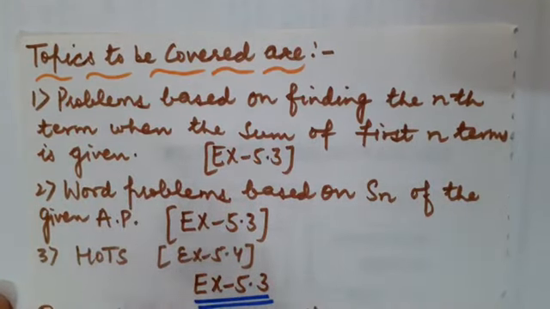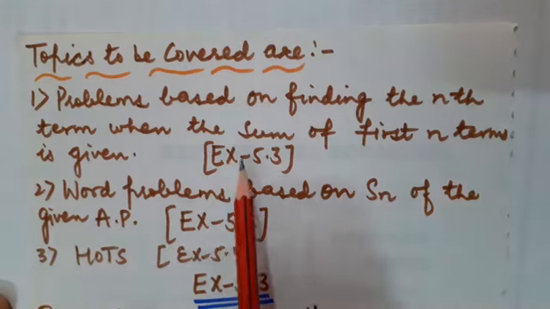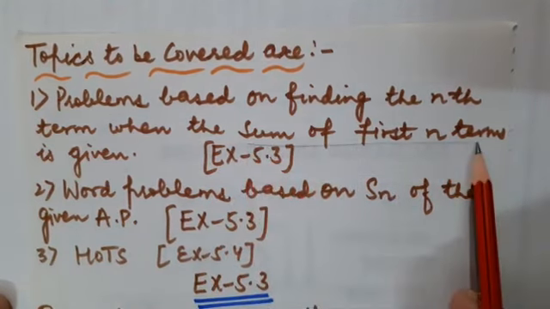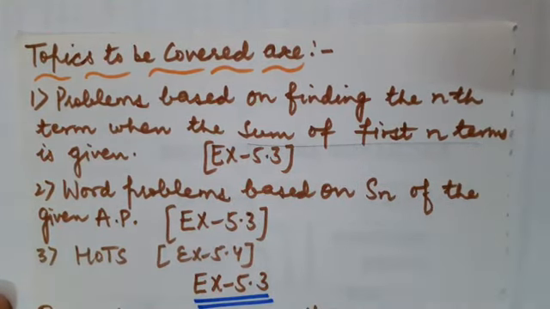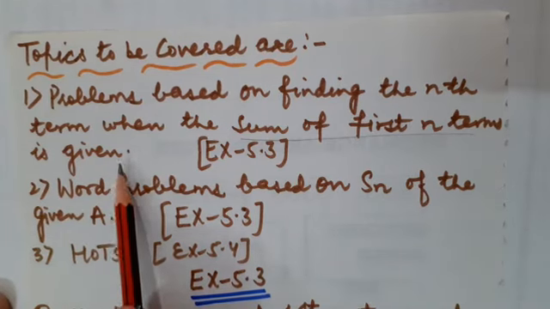Fine. Till now, to calculate the nth term, that is an, we had a series given and we just applied the formula an is equal to a plus n minus 1 into d, and we calculated the nth term. But now what is the scenario given? You will have the sum of first n terms given, and on the basis of that sum of n terms you will have to calculate the nth term of the AP. Correct, students? This is the most important type.